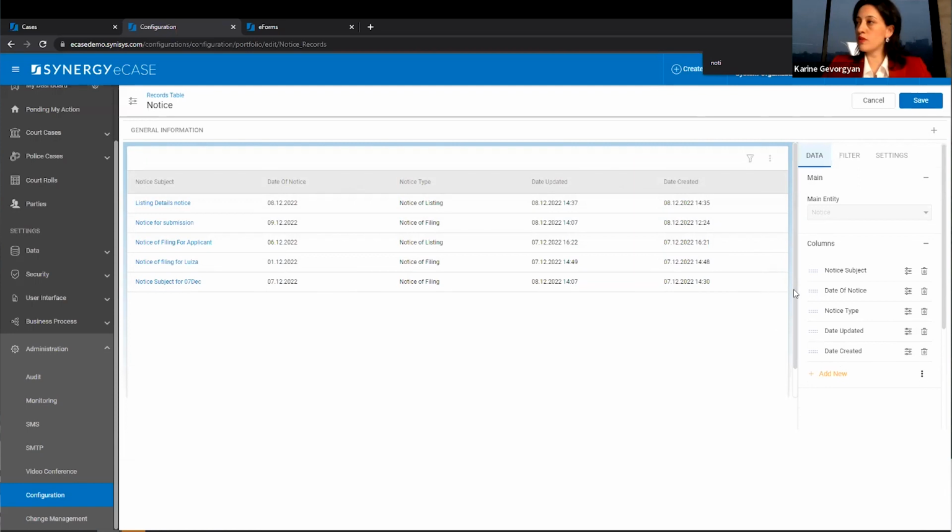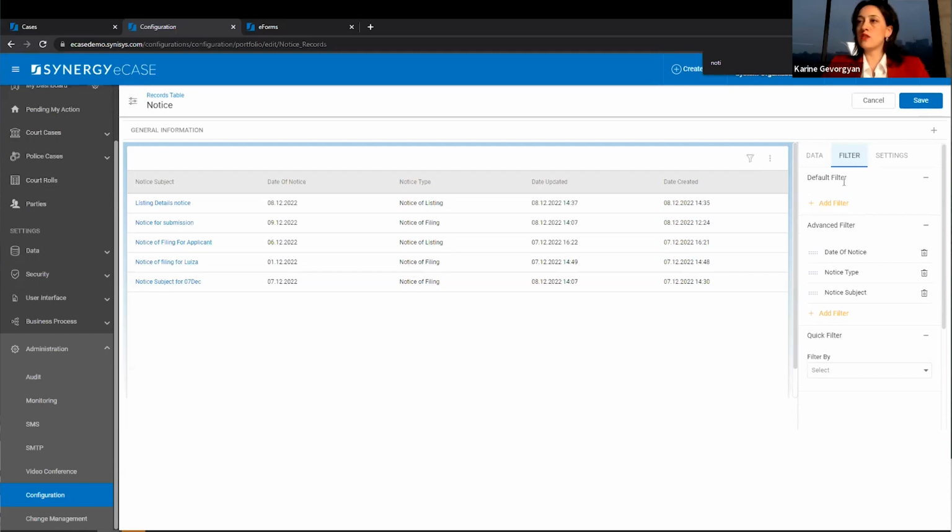the records table accordingly. Very often we had the need to also have filtering criteria on the records of table whenever there are many. For that, we also have a solution. For filtering every single column that is here, we can use three types of filters, either default filters, advanced filters, or quick filters. Again, very quickly, I will not go into the details for every single type, but I will just say